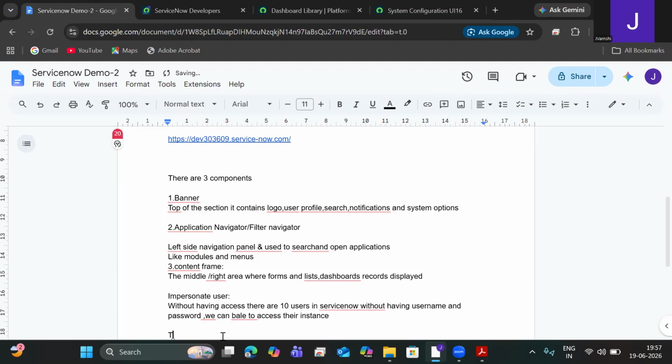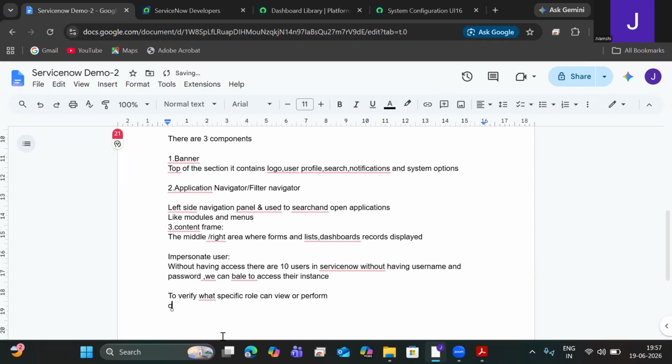In that, we can verify what specific role can view or perform,